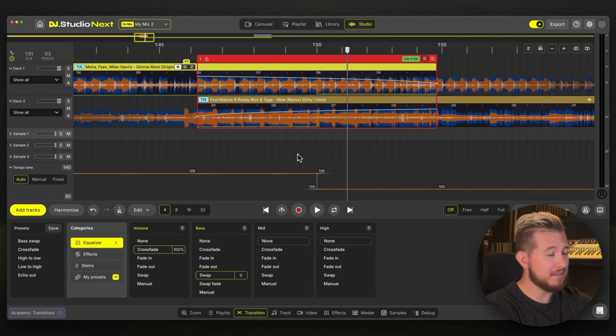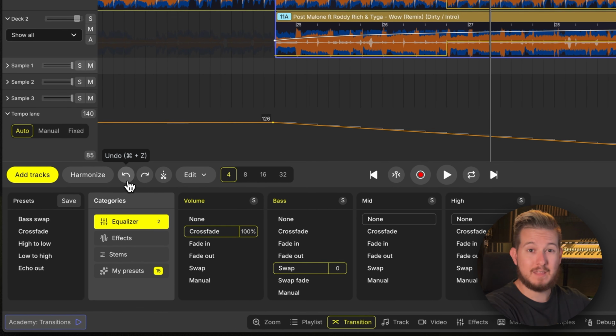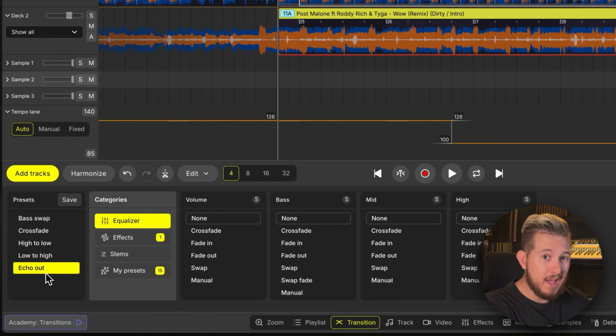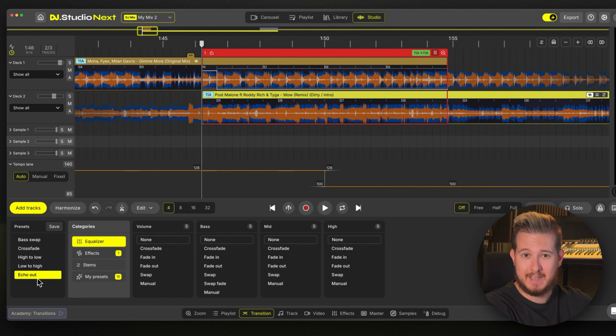Whether you want to mix between different genres, totally different moods, or like in this situation, very different tempos, we don't want to overlap and blend songs together, beat matching them in a more traditional sense. We just want one song to end and then to effectively hit play to begin the second song. In fact, I'm just going to hit undo to show you that in the transition tab on the left under presets, the echo out preset is set up to do exactly that.